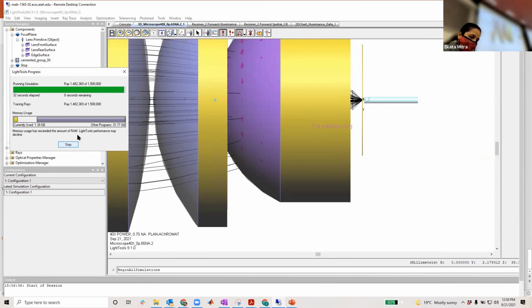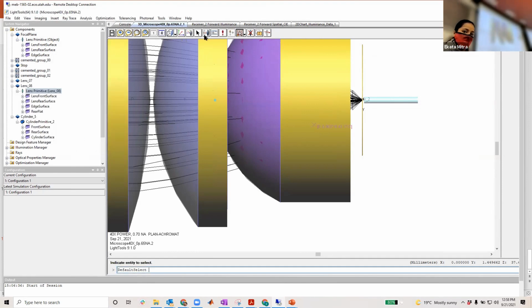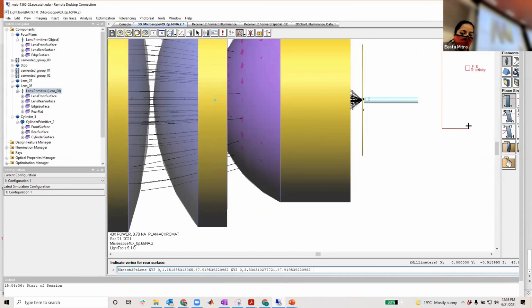Just a moment, let it be finished. So you can see, this is how you're going to make something. If you're clicking on the elements, you're picking up a single lens. You can have it like this, okay, I am selecting this.